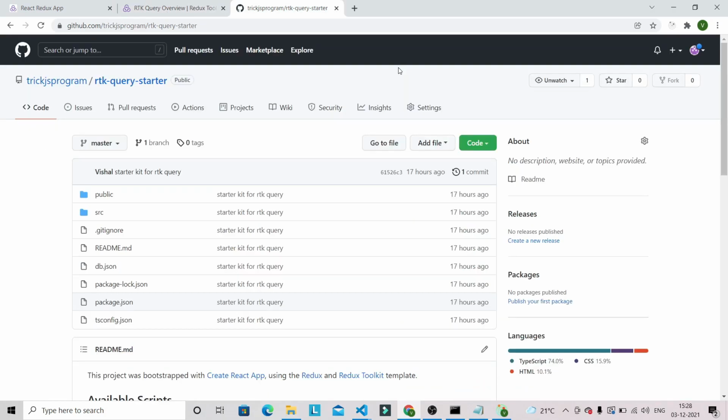So guys, now it's time to set up this starter project in our system. I have already provided the GitHub link in the description, so you can always check out the description. Either you can clone or download this repository, it's up to you. I will also give an overview of this GitHub repository, so you don't have to worry about that part. I hope you have cloned or downloaded this repository, because I am going to open it in my Visual Studio Code. So let's go into Visual Studio Code.